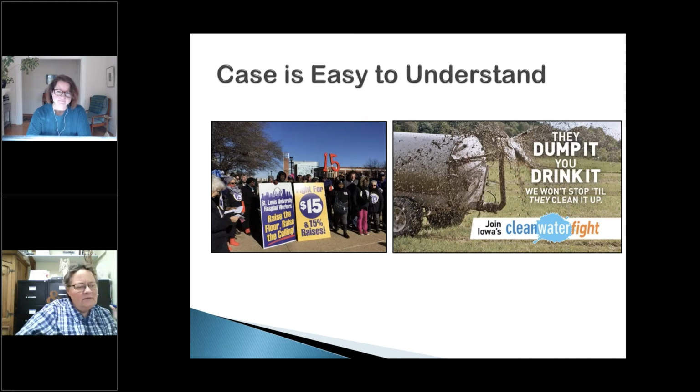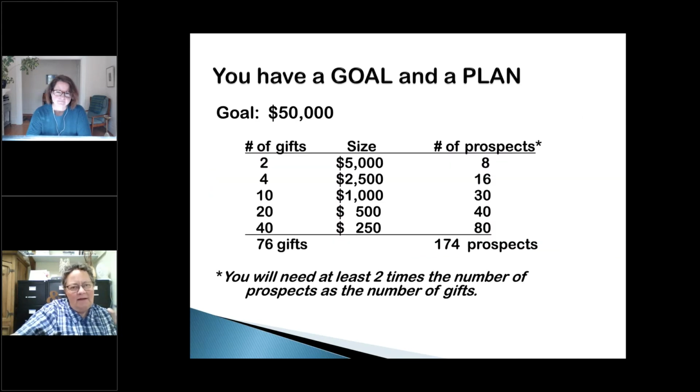The next slide is really fundamental to building your case. You have a goal, and you have a plan to meet your goal. The plan includes this thing, which is called a gift range chart or a gift table, which shows how many gifts of what size you're going to need to meet your goal. And this is where the internet is just a lifesaver. If you go online and search for gift range chart, you're going to get all kinds of explanations of it, plus algorithms that create them for you. So we don't even have to do math like we had to for a long time.